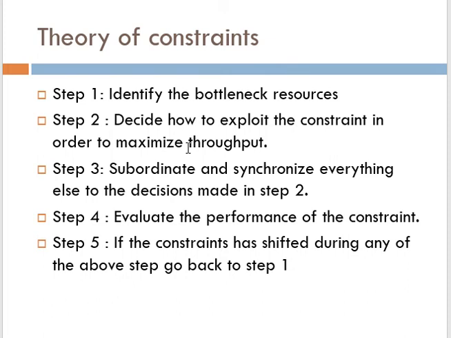So the first step is to identify the bottleneck resources. When we identify the bottleneck resources, we look into the production. That is, we go through the production sector, and with proper inspection and proper checks, we find out what the bottleneck resources are. Only when we learn about the production and study the problem will we know what the issue is. So the bottleneck, as in the example, was the time factor as well as the machine. Due to the machine, the goods were not produced within the time. So when the goods are not produced within the time, they will not be delivered to the customers.